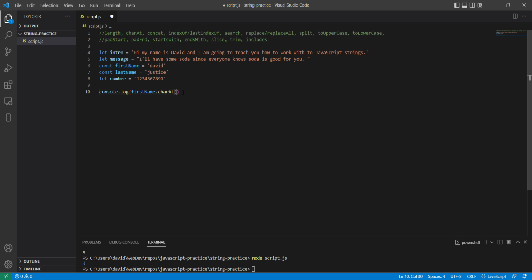Next one is concat. So this is good for concatenating strings, combining them. There's different ways you could do that. You can use the plus operator. You can use the template literals. But another way is the concat method. So let's say I have first name and last name variables, and I want to make a new variable called full name that includes both. What I can do is say const full name